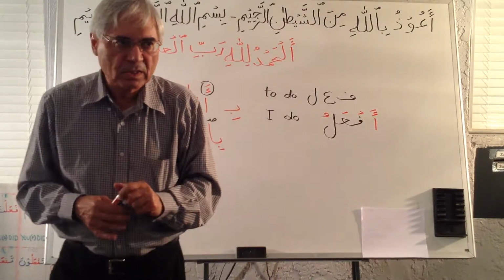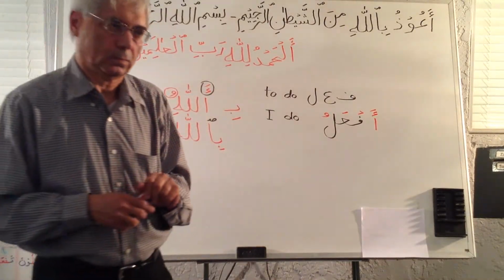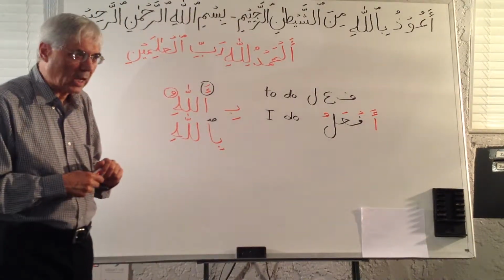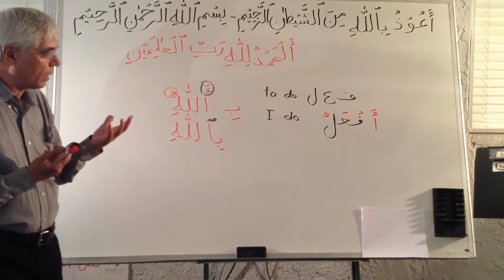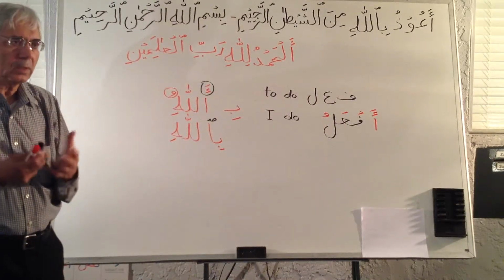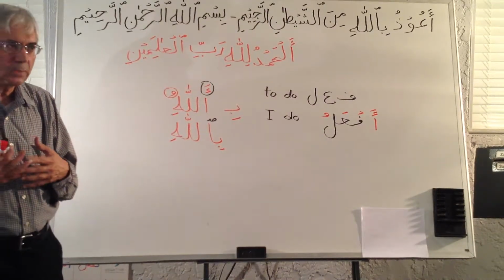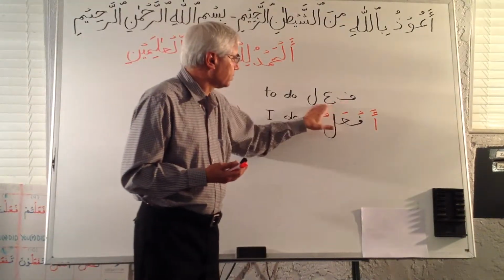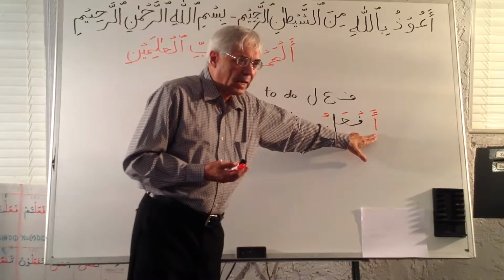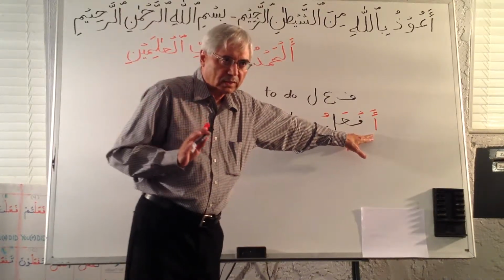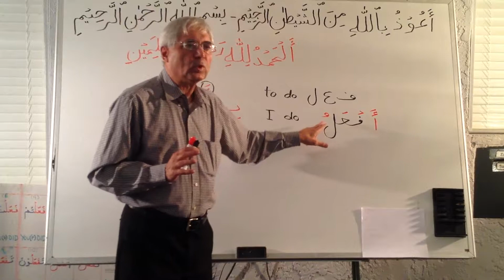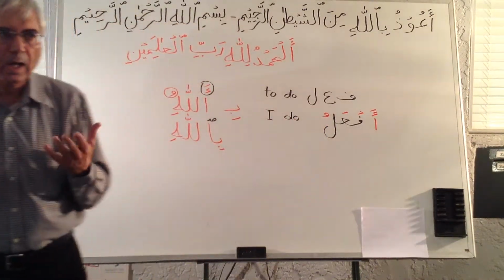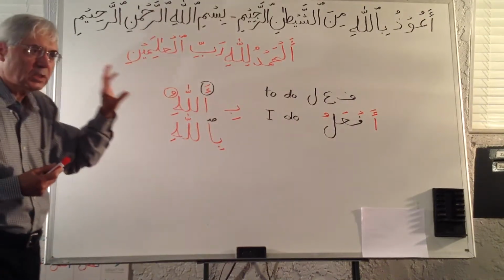Af-alu means I do. And this is in the table also. The word af-alu means I do. So this is the way we make Arabic grammar. If I'm talking about myself, first person in the present tense, then I take the three letters, I add an alif, which was not part of the original three letters, and then put some harakat to sound it. Af-alu, I do. So this is the rule.